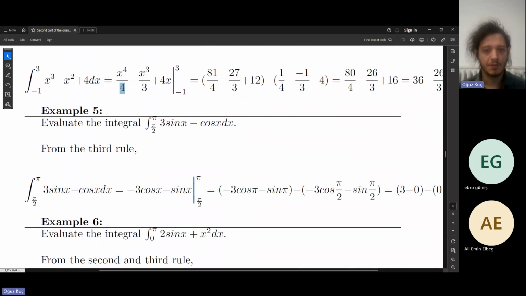In this example, we have multiple trigonometric functions. We have 3 sin x minus cos x. We know that the integral of sin x is equal to minus cos x, and also we have a coefficient here, therefore we multiply it by this, and then we have cos x. The integral of cos x is equal to sin x. We don't change the sign of the function, then we take the integral, and then it becomes minus 3 times cos x minus sin x, and we have the